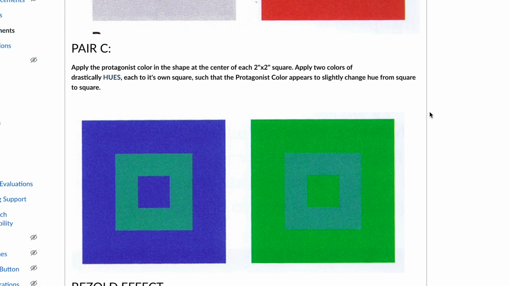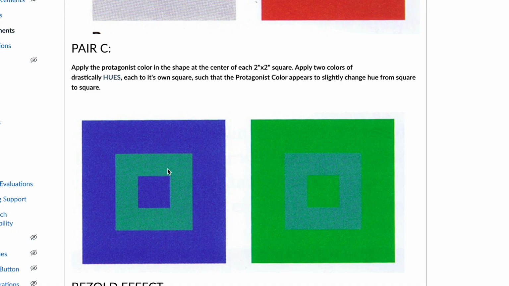And pair C is you apply the protagonist color to the center, and then apply two drastically different hues. One hue should be close in hue to your protagonist color. So for example, on the left, I have placed a bluish hue next to my blue-green protagonist, and on the right, I've placed a yellowish green, which is closer to my blue-green. And so you can see what's happening here is that